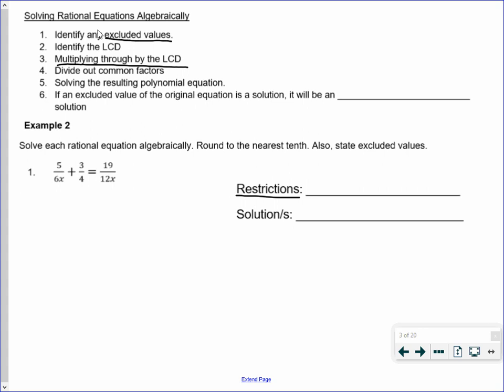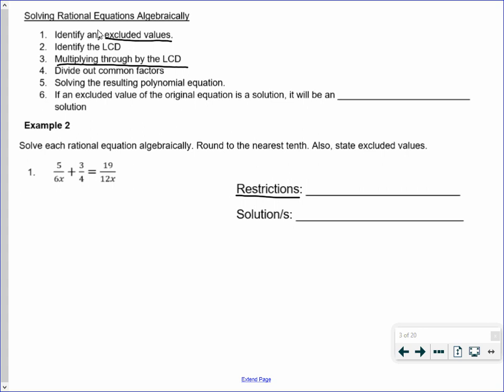That goes with number 4. We're going to divide out common factors. So we're going to get rid of the denominator. And after that, we're going to solve the resultant polynomial equation, or we're going to solve for x. And then step 6, we need to double check that solution with our restrictions, because if